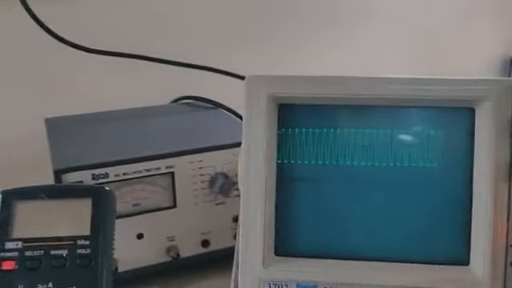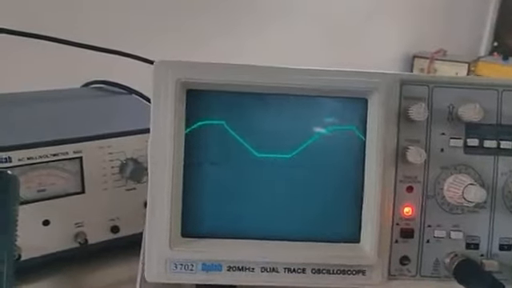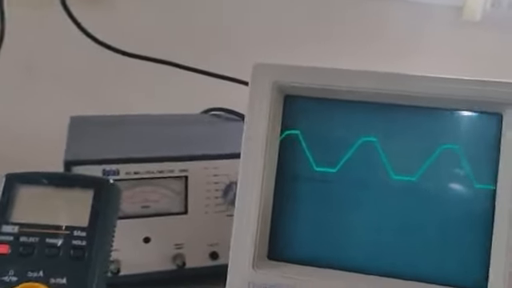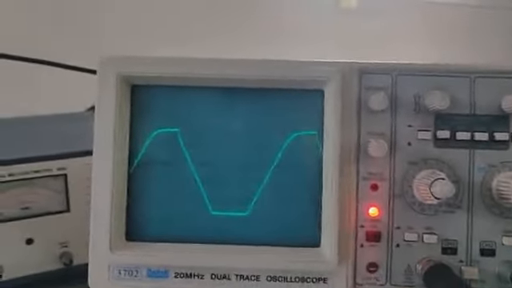So you can see that in a CRO you are getting such kind of waveforms. Can you see the waveforms? The waveform is almost identical with the waveforms you can see in the synopsis. It's not exactly a square wave, but it is delayed like this. From low to high, it takes time to change. So this kind of waveform we are getting here.